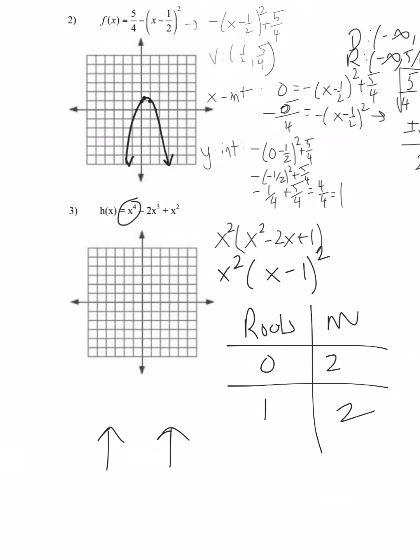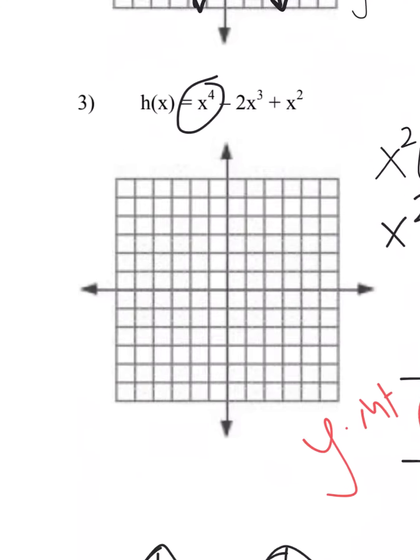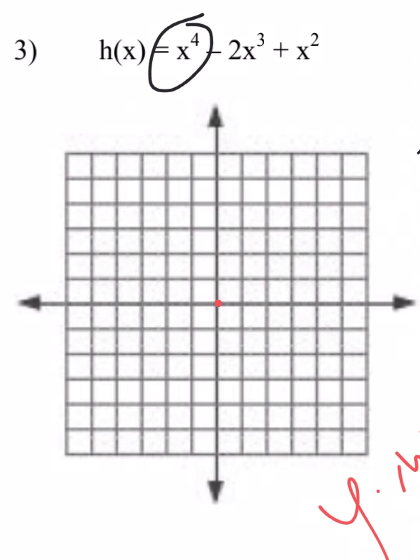Well, there's kind of a dead giveaway. Whenever one of your x-intercepts is 0, that also means your y-intercept will be 0. So I don't really need to do any work for this. So if I plot my zeros, one at 0, one at 1, and I sketch in my potential end behaviors, well, now when I go